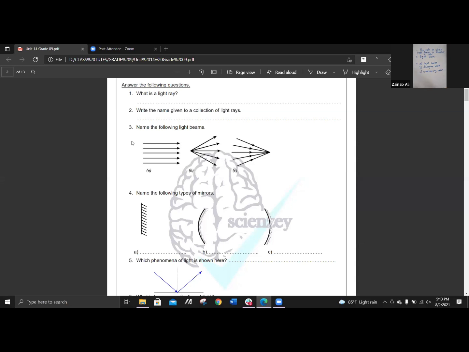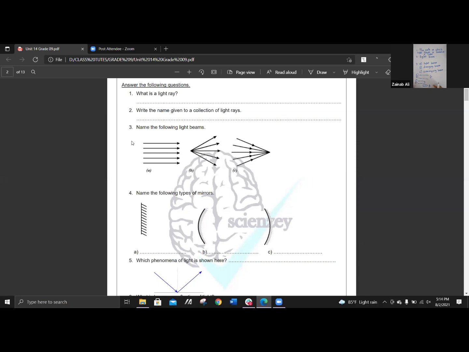So a light ray is the path in which the light travels. For example, now there are two tubes like this. If you look from here at the bulb, the light from here and the light from here. Sugandhini, in this one, will you be able to see the light? Yes, teacher. But in the second one, will you be able to see the light? No, teacher, I can't see.